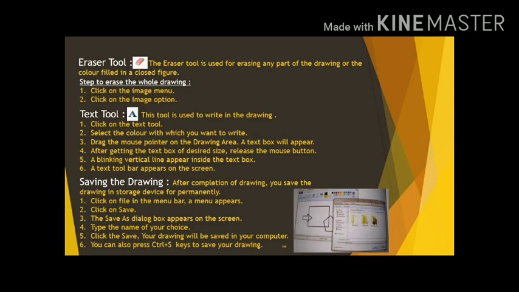Fourth, type the name of your choice. Fifth, click on Save. Your drawing will be saved in your computer. Sixth, you can also press Ctrl+S to save your drawing. This is also known as the shortcut key for saving.